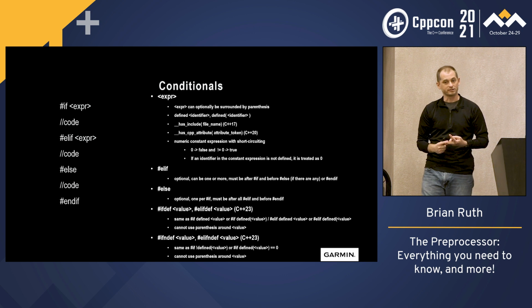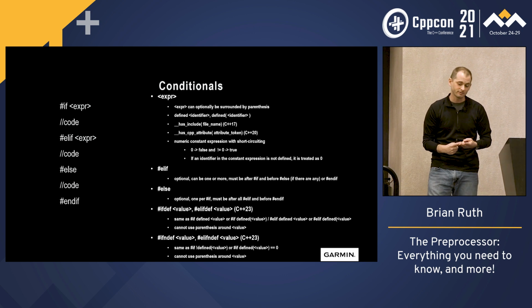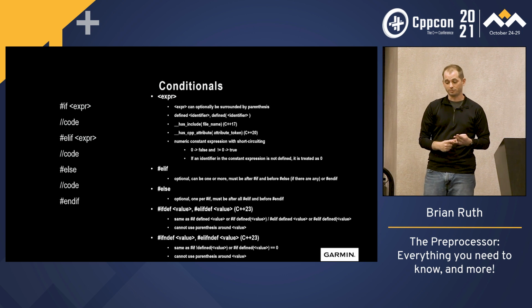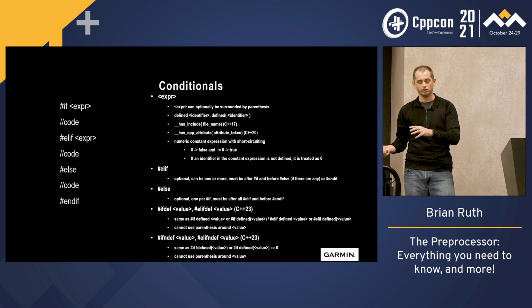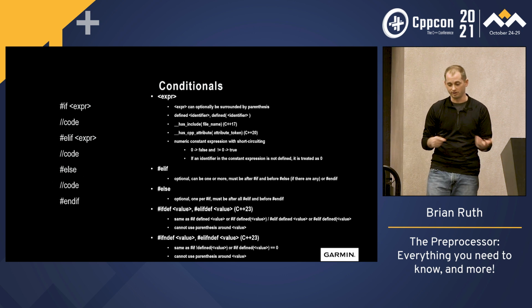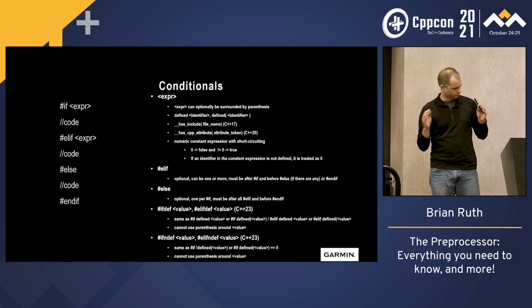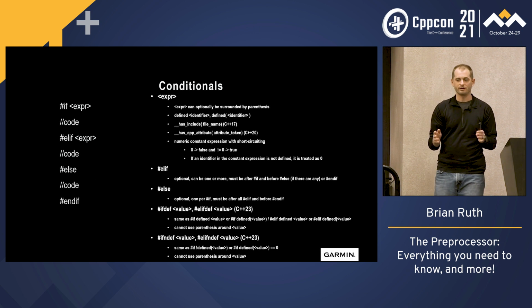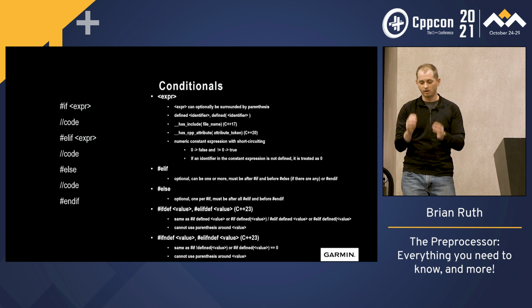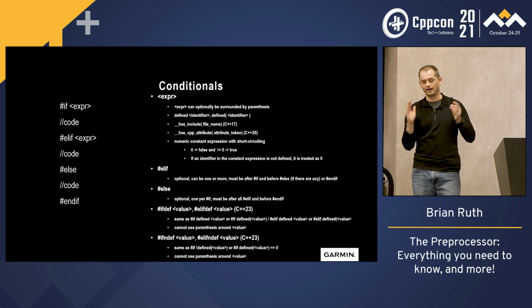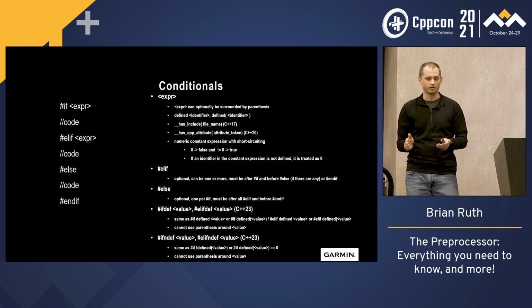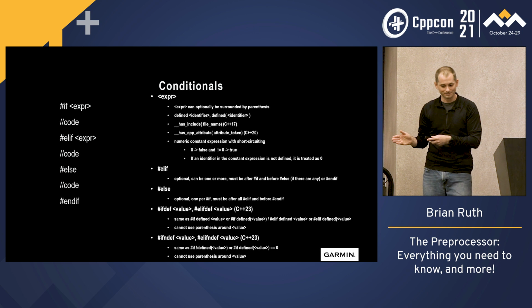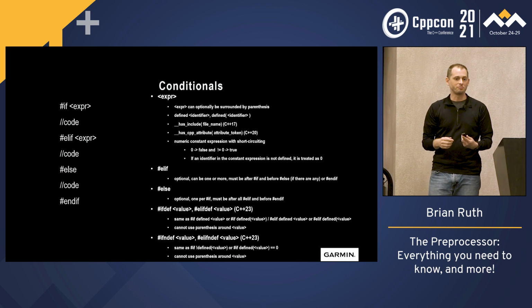There's also, in C++17, __has_include, which allows you to check for a file's existence. And in C++20, there's __has_cpp_attribute, and this is where you can figure out whether or not the compiler that you're using actually supports a particular feature or not. And something to keep in mind that is a source of a lot of interesting bugs is that the result of this constant expression is actually numeric, not Boolean. So that means that a value of 0 is false, and a value of not 0, so either negative or positive, is true. So there have been many subtle bugs where